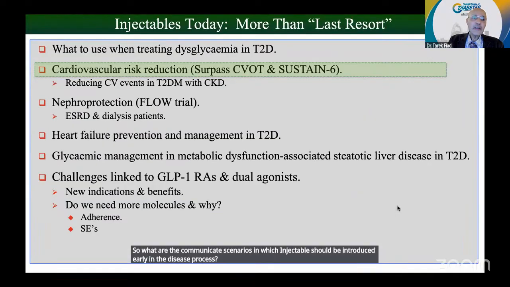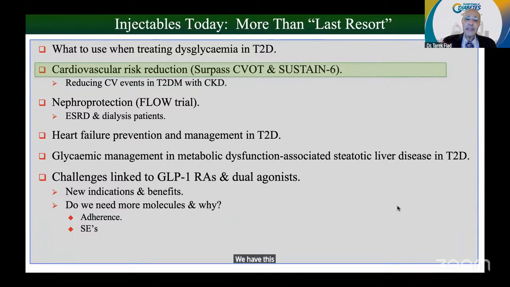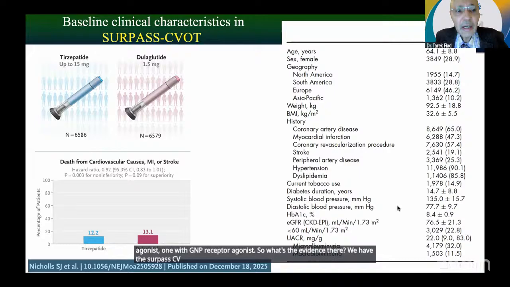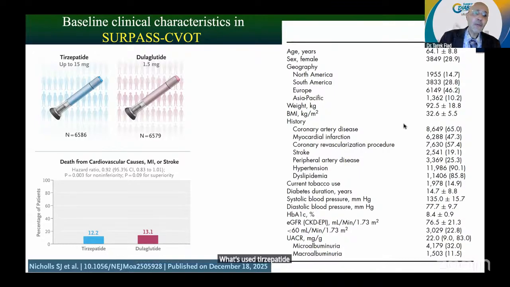This will take us to the scenarios. So we have the cardiovascular risk reduction, we have the SURPASS CVOT trial, and we have the SUSTAIN 6, one with dual agonist, one with GLP receptor agonist. So what's the evidence there? We have the SURPASS CVOT trial, which used tirzepatide up to 15 milligram, or some of you would recognize it